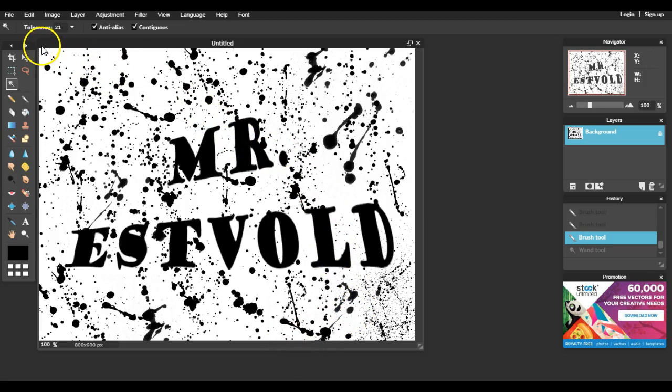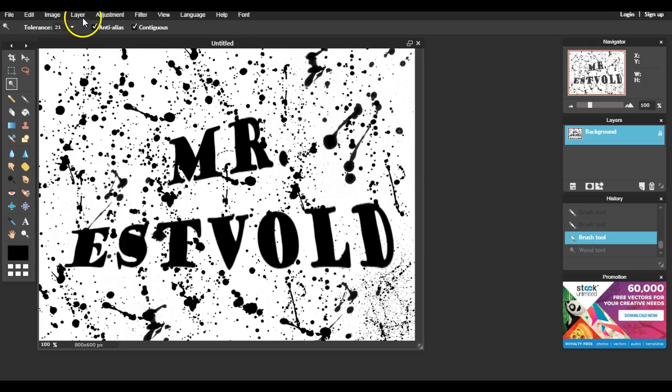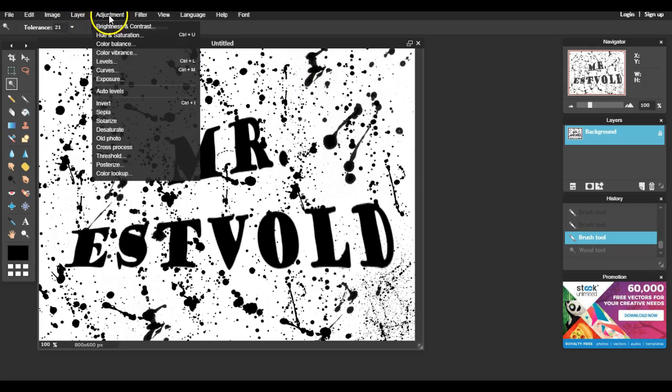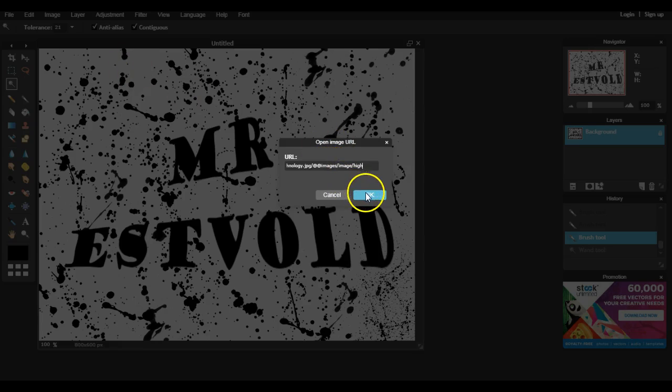So the next step, what we want to do is we want to actually bring in our URL layer. Now I went through and looked through stuff already, and this is the one that I found, and that's the one that I like. I'm going to go ahead and click on this, and I'm going to copy it. I hope that works. Let's go ahead and go into layer, new layer by URL. I'll paste it in there,